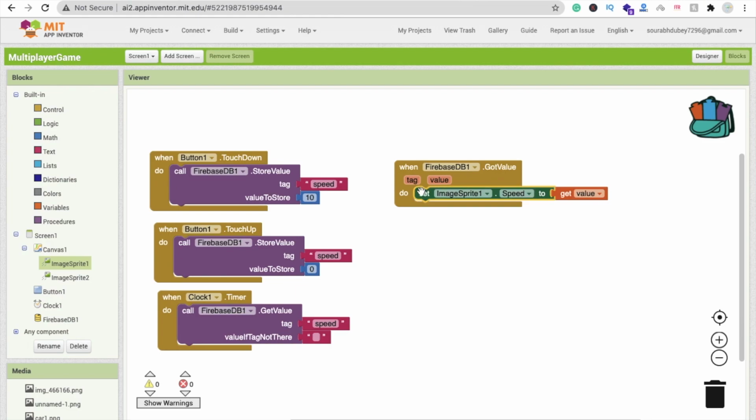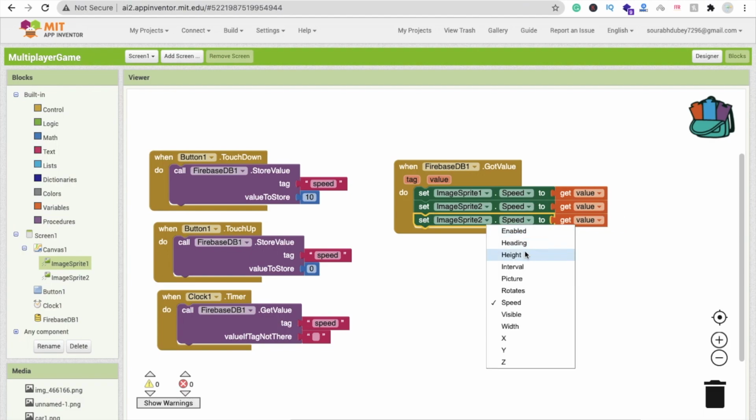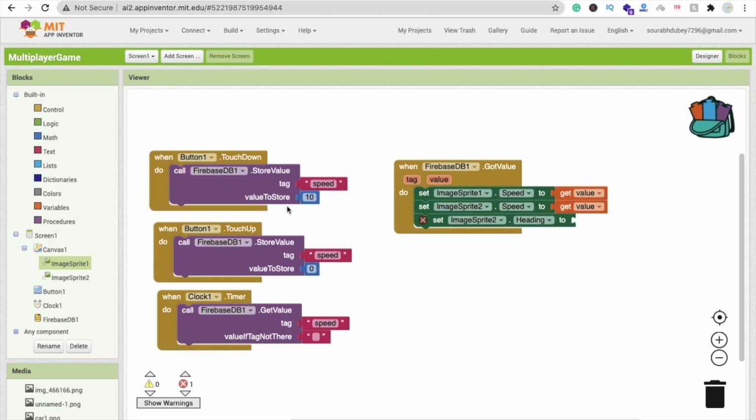Okay, and then we just need to copy and paste it and make it image split 2, then again copy paste it, right, and change it to speed 2 heading, and this should be 90 because we have to move this in the up direction. Okay, it means in the north direction, so that's why we are using it 90. And for both image we will do it like this, we will change it to right.